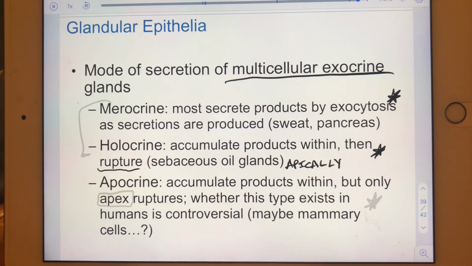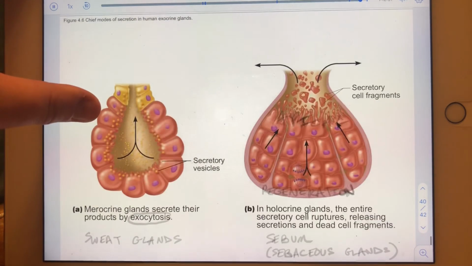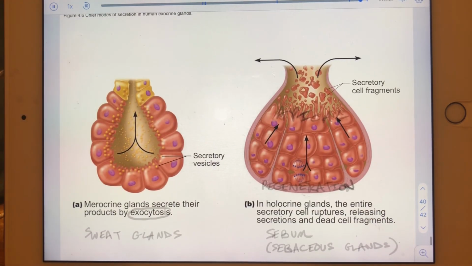And because these glands are made out of epithelia, that's okay, because we're regenerating constantly. I'll show you that graphically in just a hot second. And then apocrine glands, well, if they exist, then just the very tip of those apical cells will rupture, okay? But there's a lot of controversy about apocrine glands because if we have them at all, the only form in the human body is mammary glands, and that's under debate. So we're really going to focus on merocrine and holocrine, okay? In the next slide, in fact, we're only shown depictions of merocrine and holocrine. Merocrine, again, we're just relying on exocytosis. Okay, holocrine, we've got regeneration,